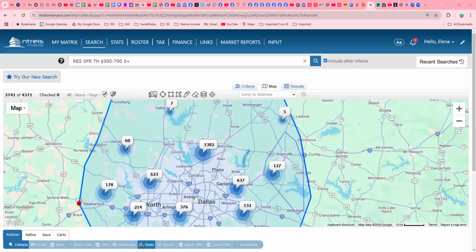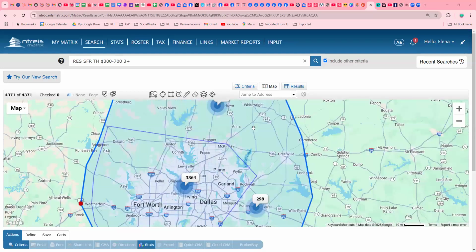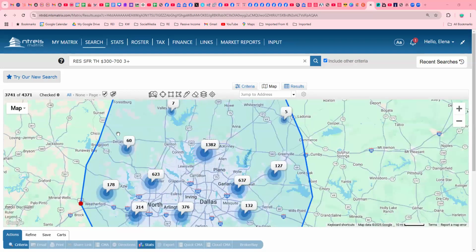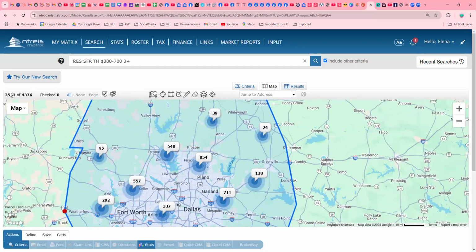Okay, this is the list of expired and canceled properties within the proper DFW area. Now, there are many more. If we expand the area a little bit more, we can see more properties in different areas, but the MLS program will allow a maximum of 5,000 listings to be shown at once. Otherwise, it starts to become glitchy. So we're going to just limit ourselves to a smaller number of properties, but it will show us the capabilities